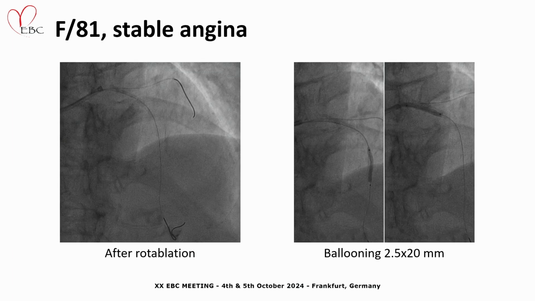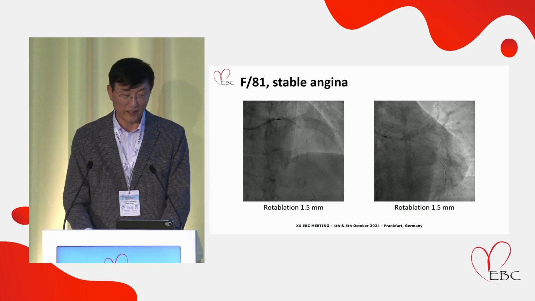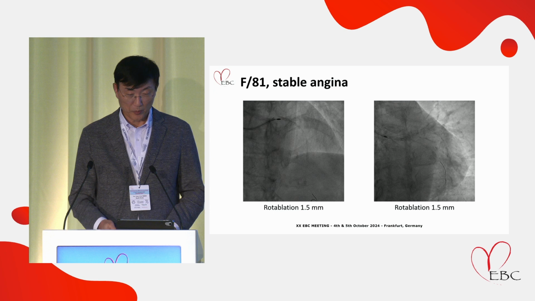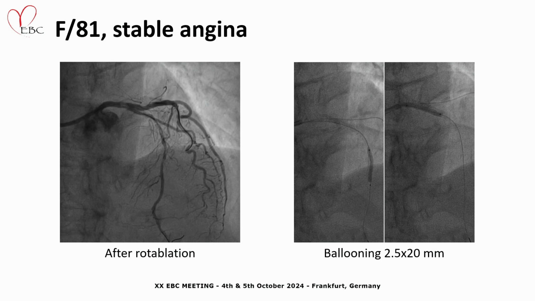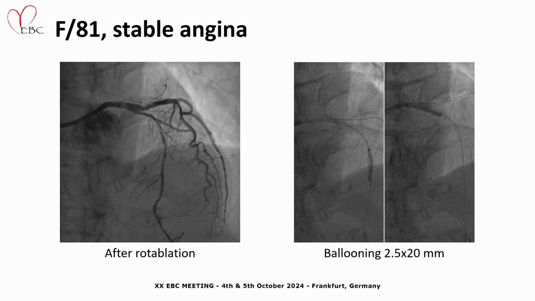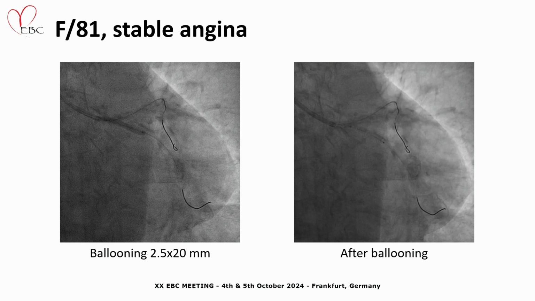This is a very nice case for elective rotablation. So we did a rotablation for the LAD and circumflex. Actually, rotablating the two branches is not a big issue. We only use one wire at a time, but there is very low risk of side branch compromise during the procedure. This is after the rotablation. You can see some filling defect in the mid LAD, possibly dissection, possibly calcification. So we did a ballooning for the LAD and circumflex,